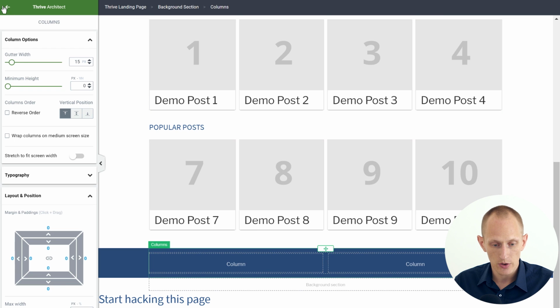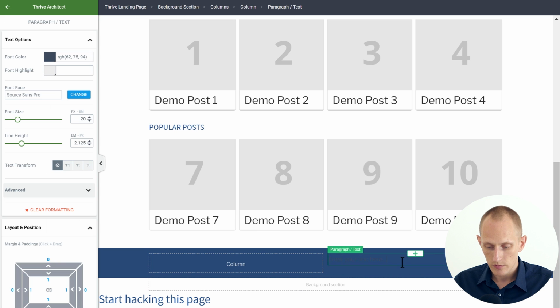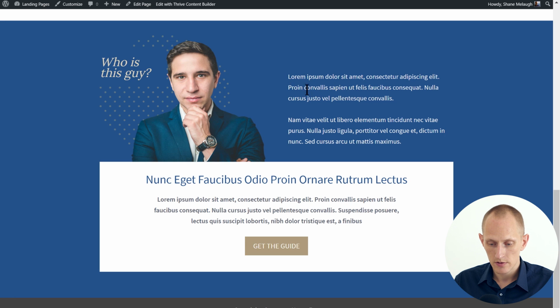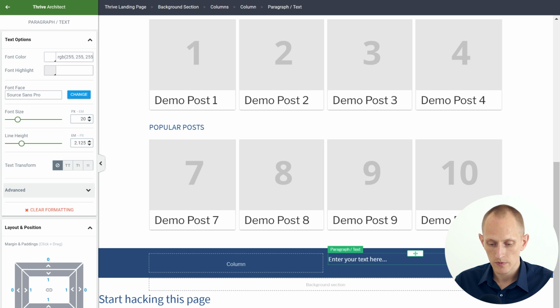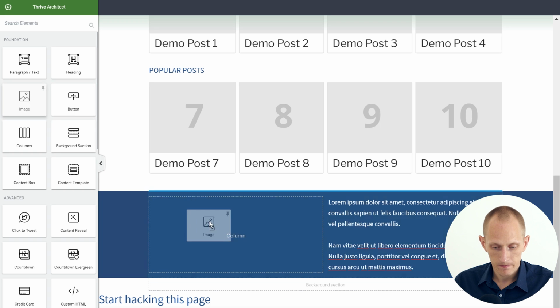So we've definitely got some text in here, and the text is white. And I'm going to copy paste this here. So we've got our text here, and then on this side we have an image. So I'll drop in this image,